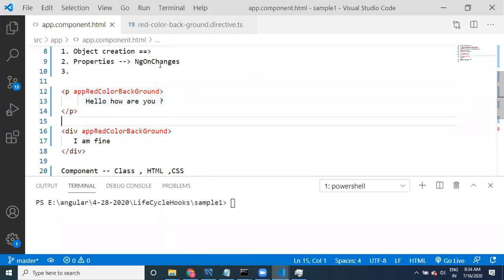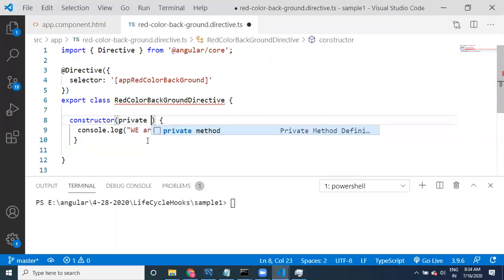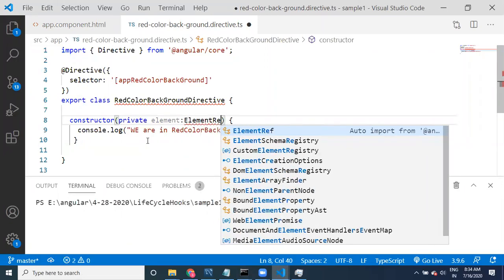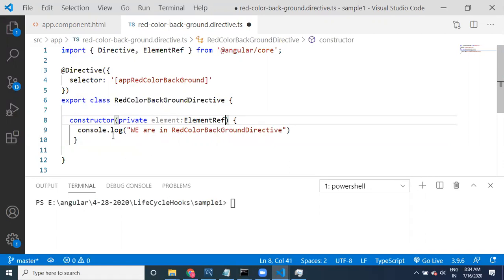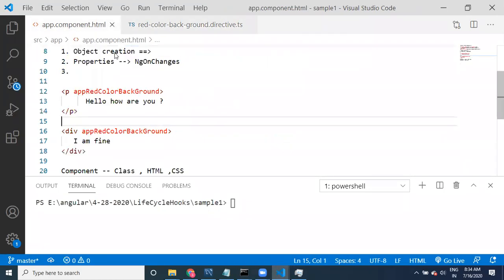The p tag we can get here by using an element reference. If I take this one, what is going to get injected while the object is being created for this class, for this directive, is the element object. Now we'll check it out.